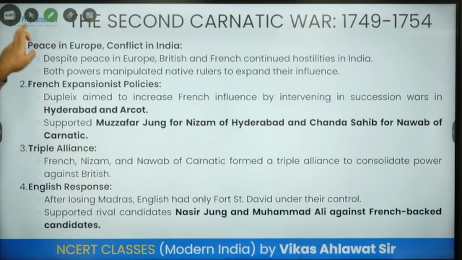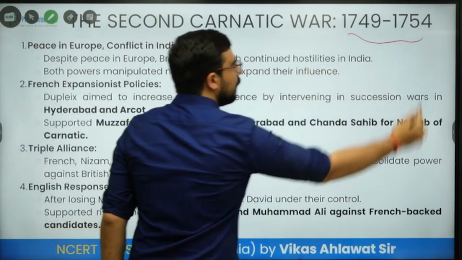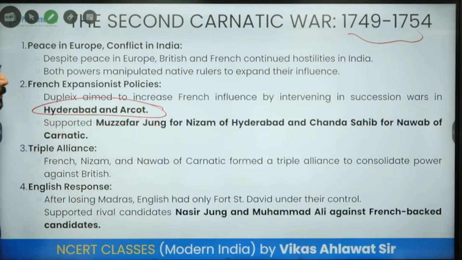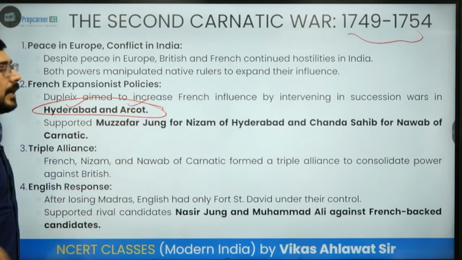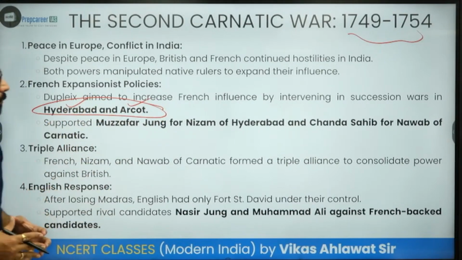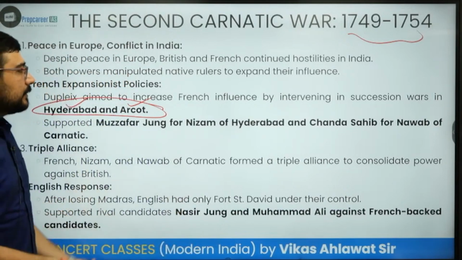The second episode, which is known as the Second Carnatic War, was fought from 1749 to 1754, roughly 5 to 6 years. The major reason was the War of Succession happening in Hyderabad as well as Arcot. Arcot was more of a dependency of Hyderabad. Hyderabad became a powerful kingdom under Nizamul Mulk. But after his death, eventually we see a war of